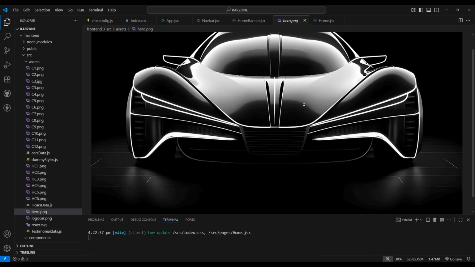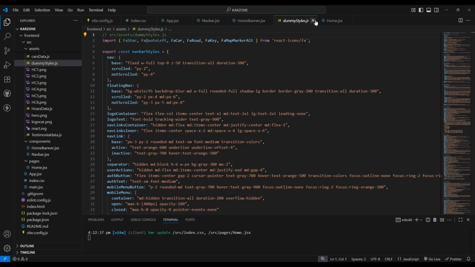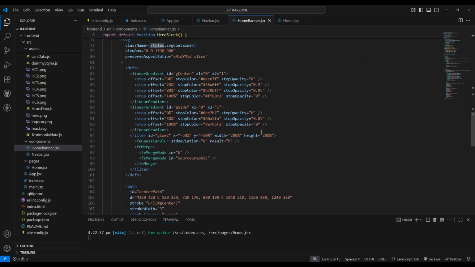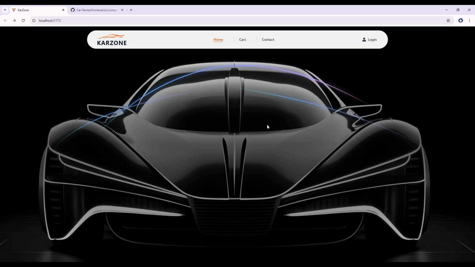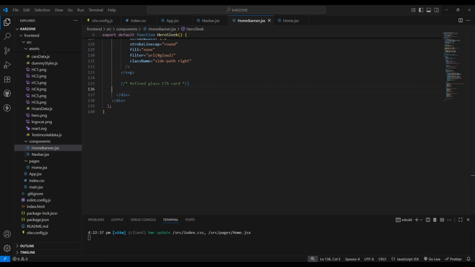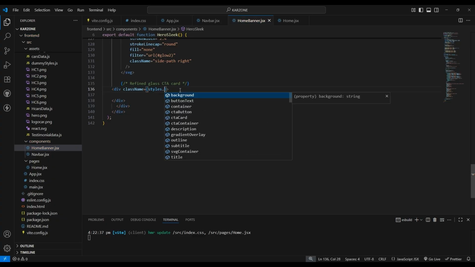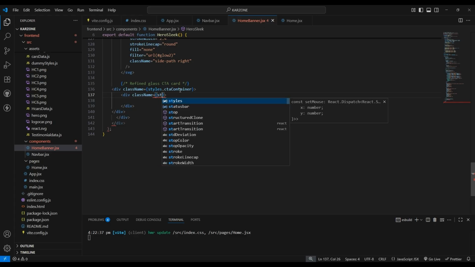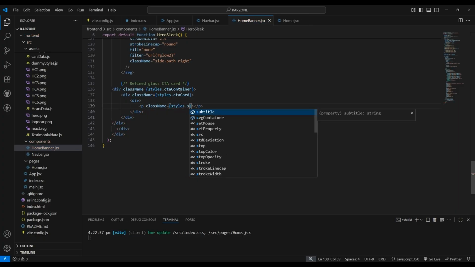And here we are gonna use this hero PNG. Now, and here we are gonna use this for the hero styles. We are gonna use this CSS here. So after this, in your refined glass CTA card, let's see, it is present here, the banner. Then after this, let's create here a div tag, give className property, and it will be styles.ctaContainer. Then after this, another div tag, give className, it will be styles.ctaCard. Then create another div tag, and inside this a paragraph tag, give className, it will be